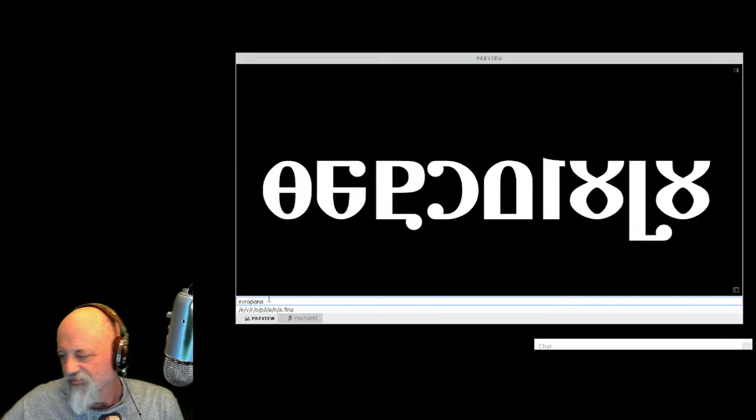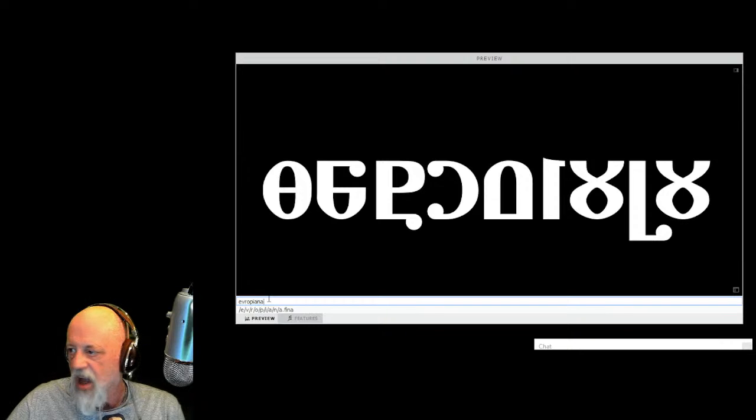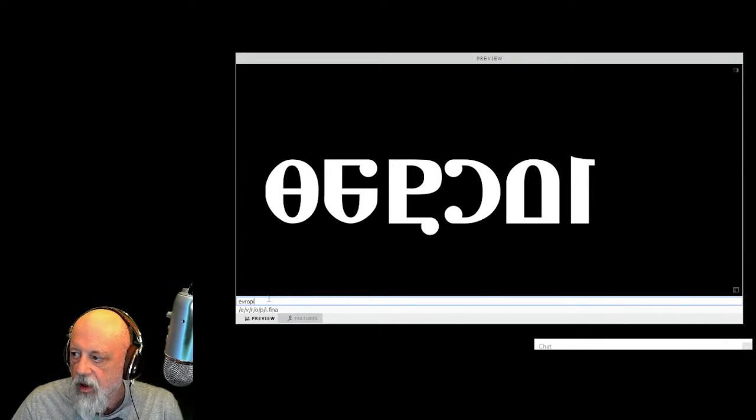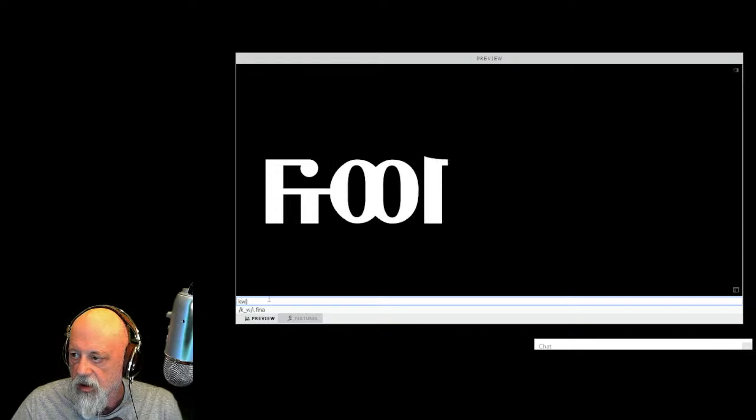This was, for want of another name, because it was inspired by shapes from European fonts. This is one called Evropiana. I didn't have a conlang for this in mind at all. I just got fancy and built some shapes I liked. And it's got some neat glyphs and stuff in there. It's got some combined